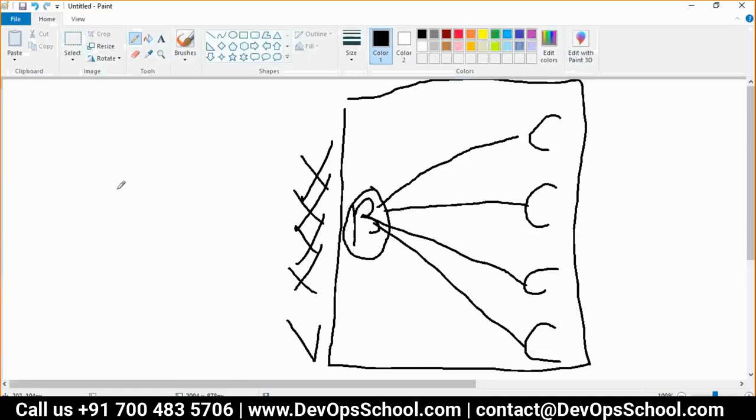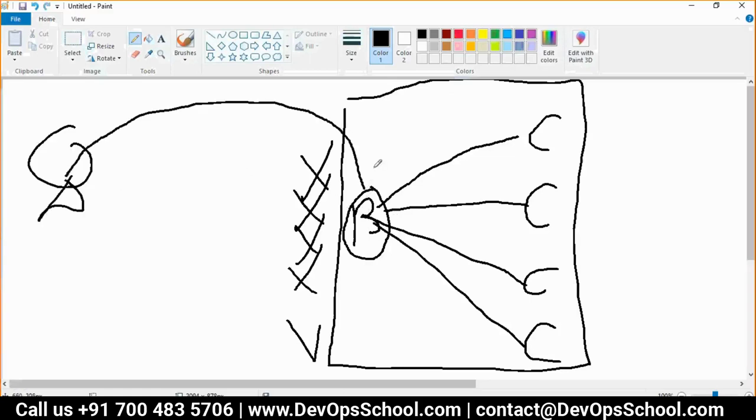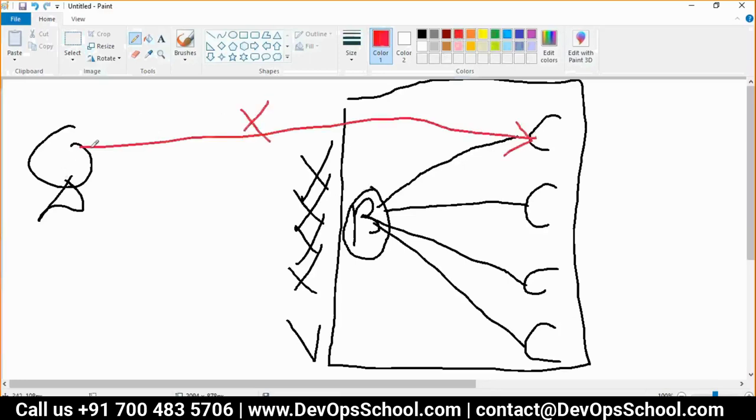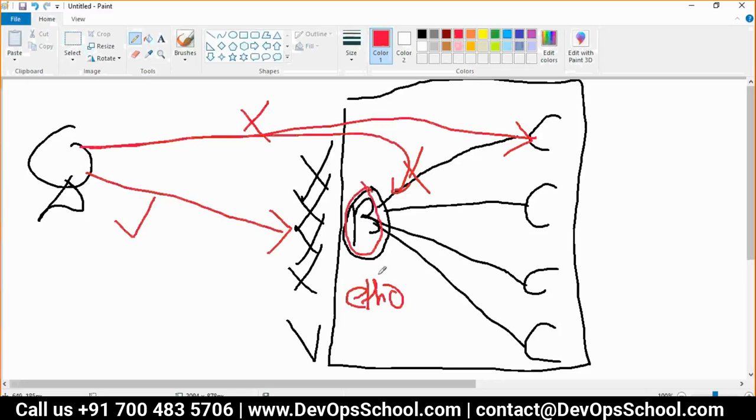Okay. So now you see here, I'm outside. I want to access the bridge or container. Let me change the color. Here, no. Can I access the bridge? No. Can I access the IP address of the host? Yes. So what is needed? Then a proxy is needed between this. So see here: eth0, physical network; bridge, virtual network. Between this and this, a proxy is needed. Did you understand conceptually?